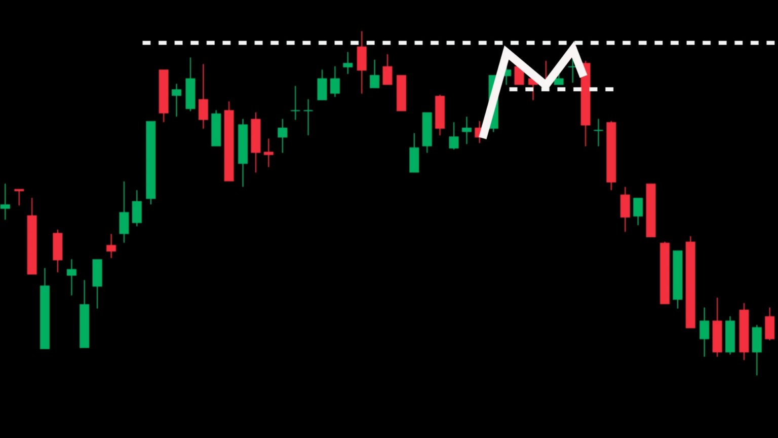Right after receiving confirmation of a trend reversal from bullish to bearish, you can enter short positions on lower time frames, such as the 1-hour chart. In this example,